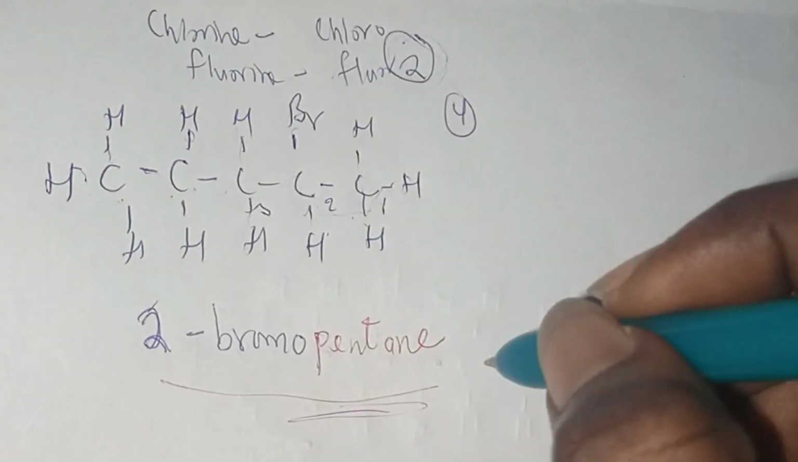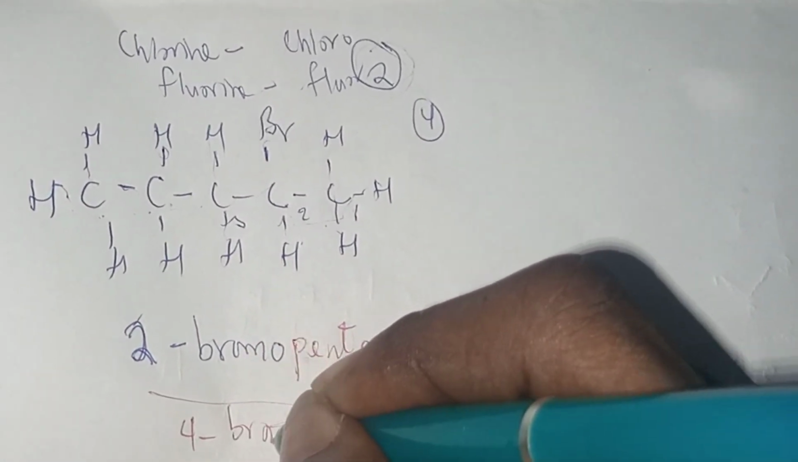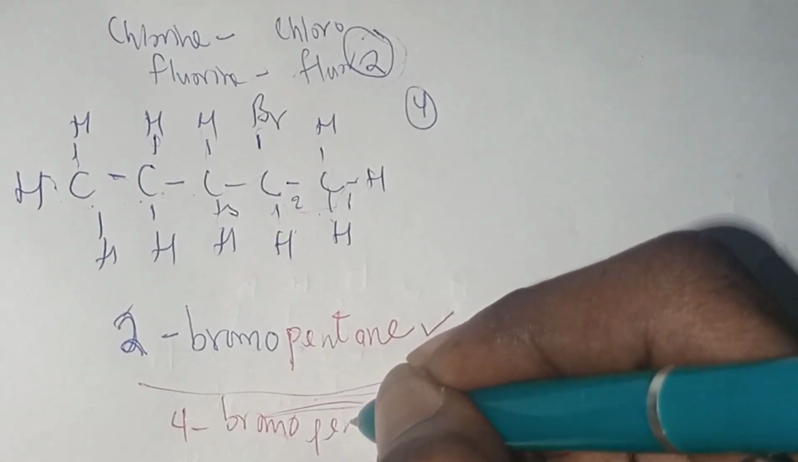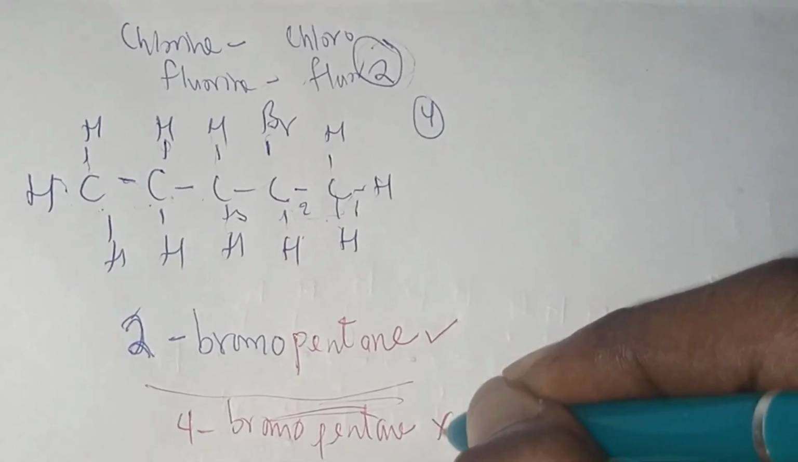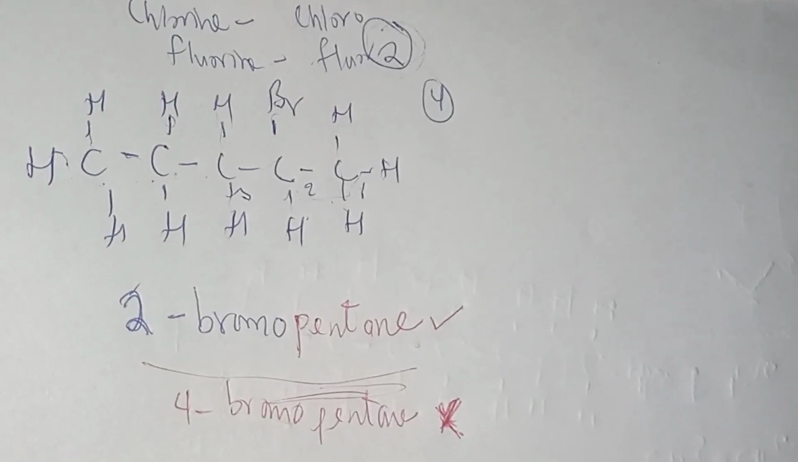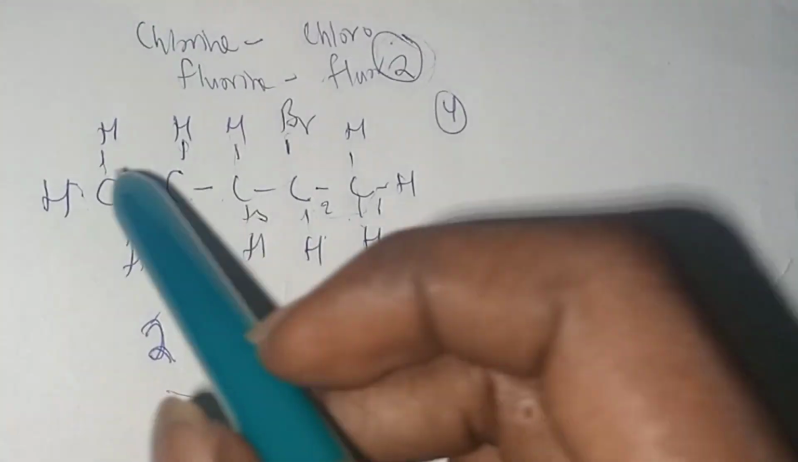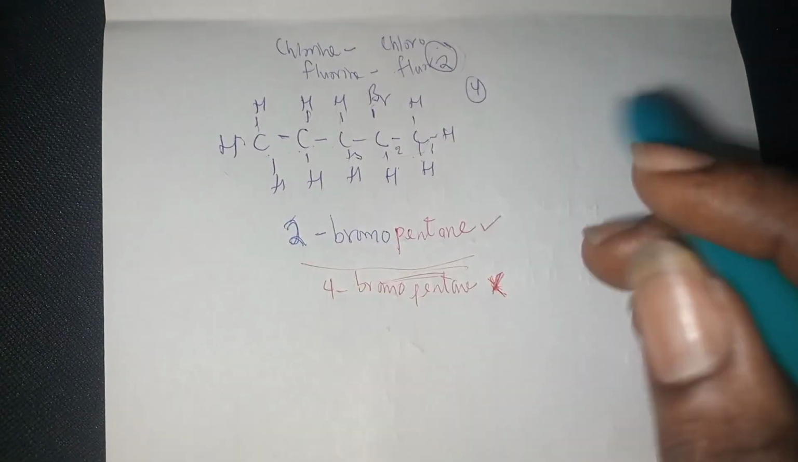So please note that this is the correct naming of the compound, but not 4-bromopentane. That is going to make the compound less stable. Okay, so let's try another question. Actually, before we try another question, another way of representing this in the condensed form